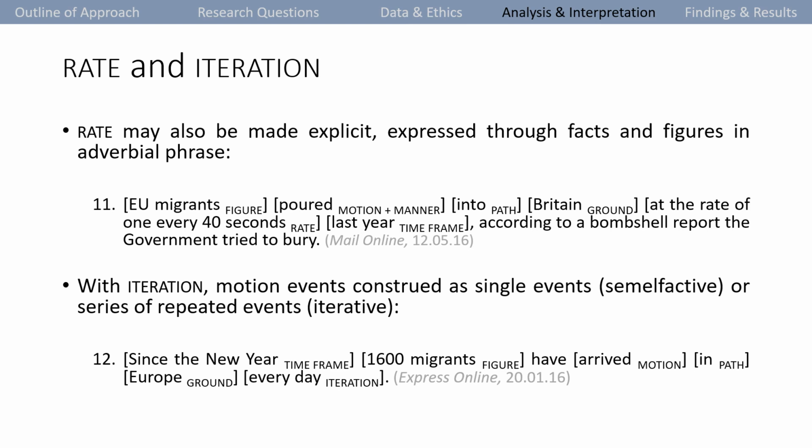Conceptually, iteration relates to plexity. A motion event construed as a one-off happening exhibits a uniplex structure, while a motion event conceived as a series of repeated events is multiplex in structure. Ideologically, in discourses of immigration, motion events construed as iterative or with rapid rates of motion create a sense of unsustainability as the ground is faced with excessive quantities or forces within short periods of time. When a motion event configured this way is anchored in the present, the construal further creates a sense of urgency, with the unmanageable situation requiring immediate interventionist action.